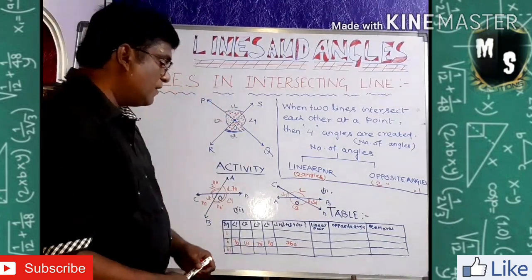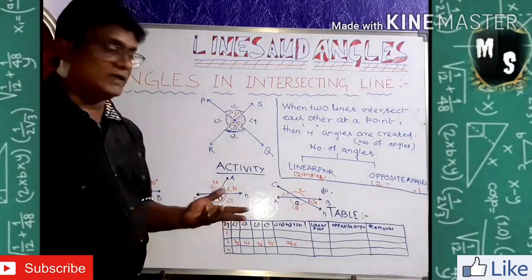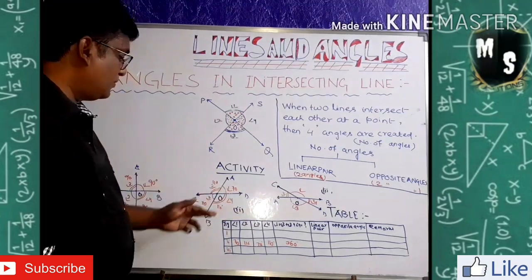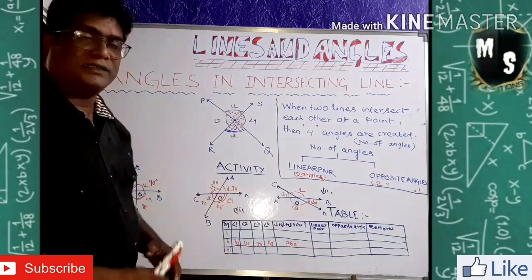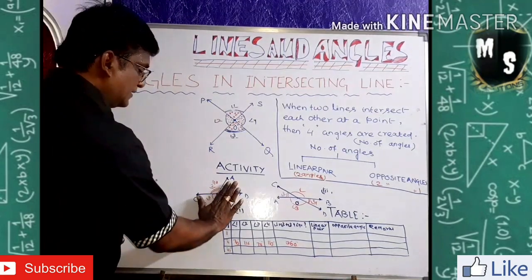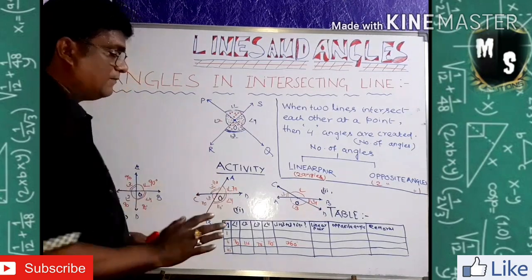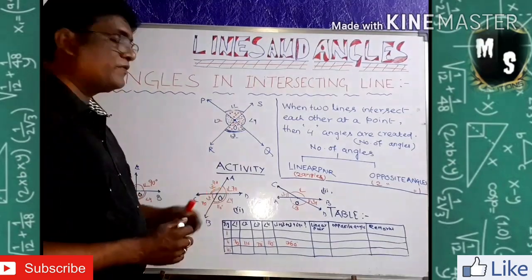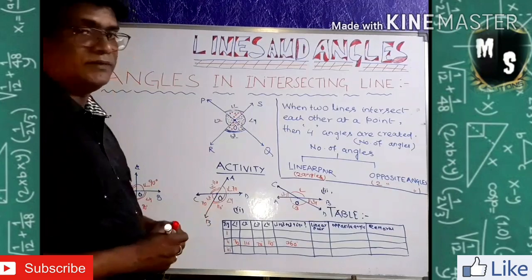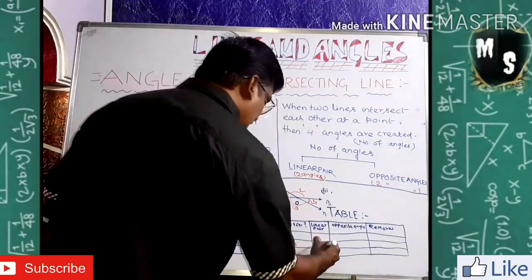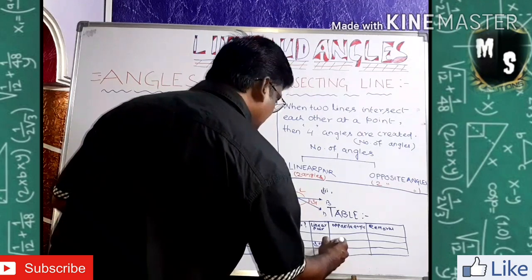Then I have to see what the linear pairs are. See, linear pairs I can say angle 1 plus angle 2. It is giving me 180 degrees. Then 3 plus 4 are also linear pairs. So up and down are coming as linear pairs. When you say it like this, these two are also a linear pair, and like this also, these two are a linear pair. That means the adjacent angles. How much are they giving? When you add 1 plus 2, it is giving 180, and 3 and 4 also give you 180. So mention one only: angle 1 and angle 2 are linear pairs,